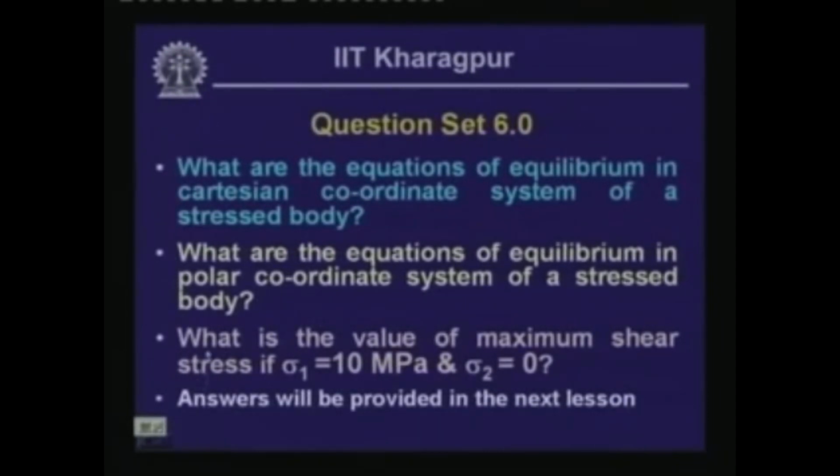And what is the value of maximum shear stress if sigma 1 is equal to 10 MPa, the maximum principal stress, and the minimum principal stress sigma 2 is equal to 0? Now, these questions you will not necessarily get from this particular lesson alone, but looking into all these lessons which have been discussed